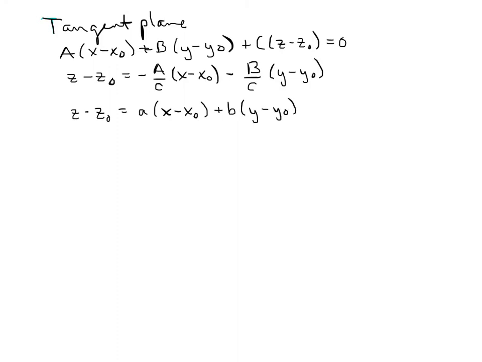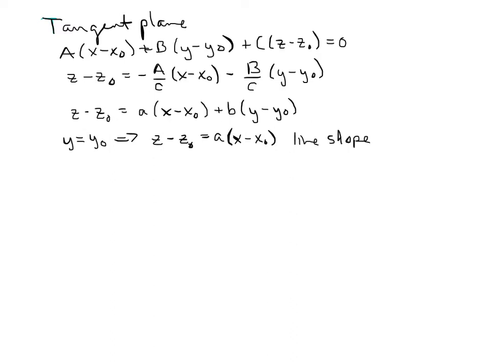Now, if I set y equal to y naught, so if I set y equal to a constant, then what I get is z minus z naught equal to a times x minus x naught. And so essentially, we kept y constant, and so this would be a line